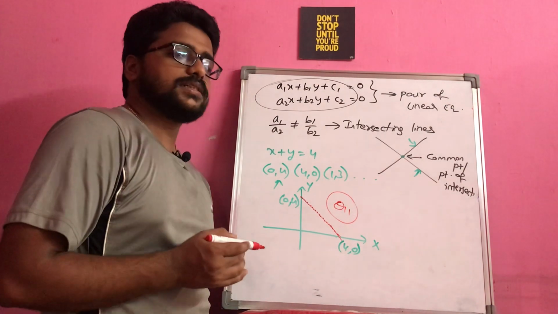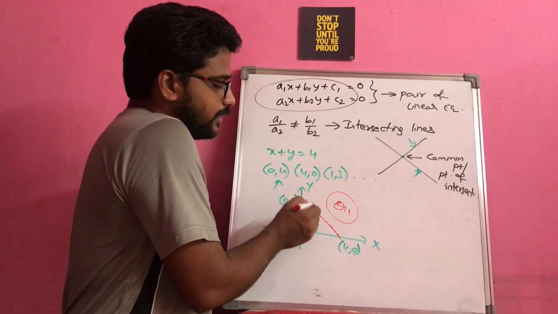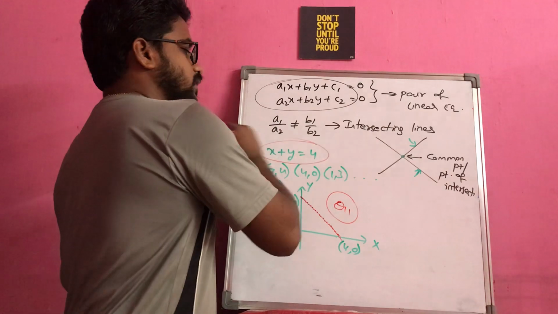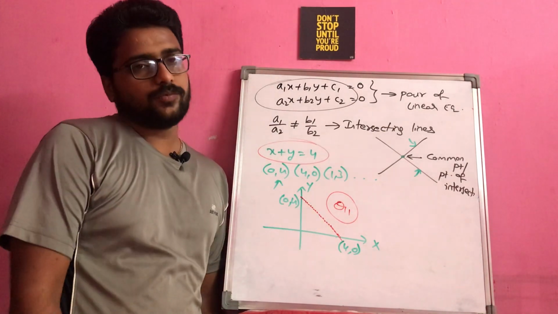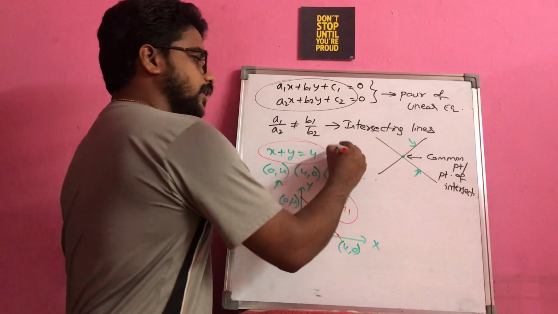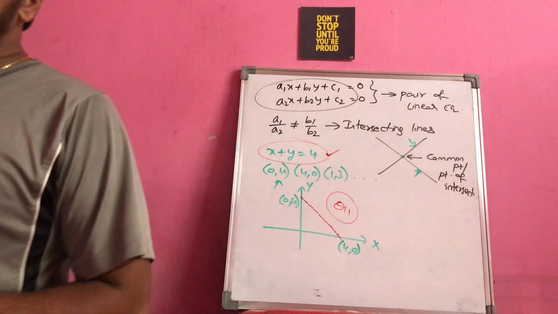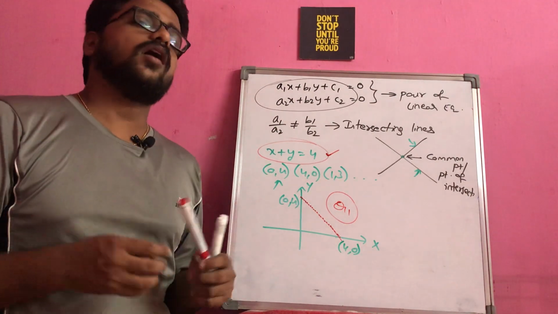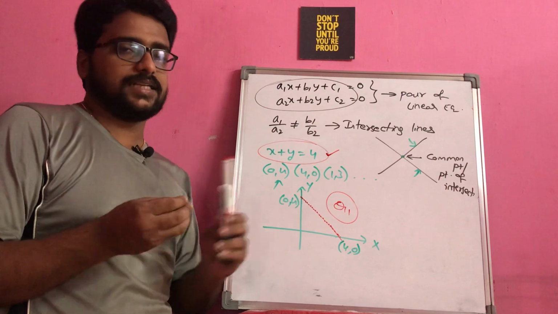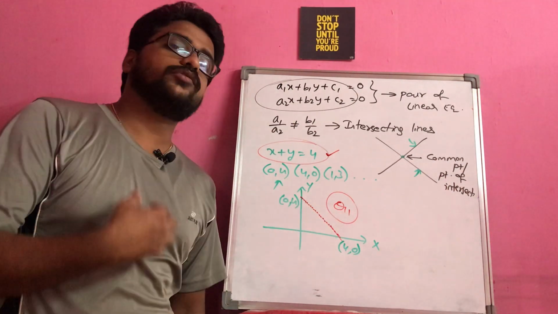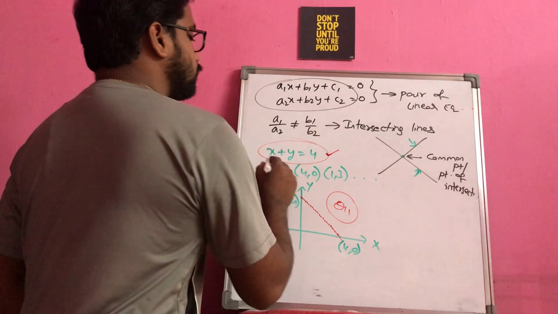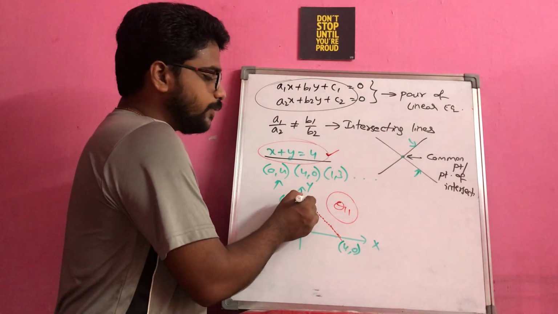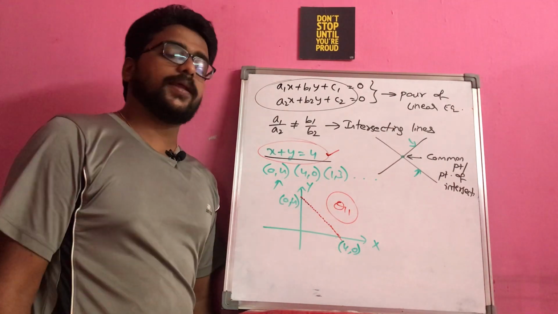The point you have to understand here is, if you join all these points together, if you take the trace of all these points, you will get a representation of x plus y is equal to 4. How can you conclude that it is only representing x plus y is equal to 4? Simple thing: if you substitute all these points in this equation, or if you figure out the relation between x and y throughout all these points, you will end up with the relation that x plus y is equal to 4. So though you will have infinite points on the line, it is representing this equation.